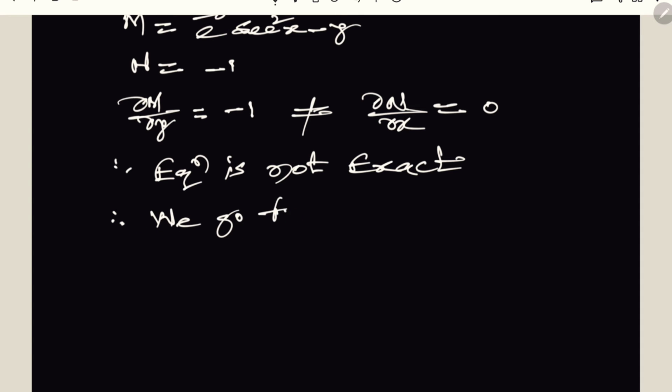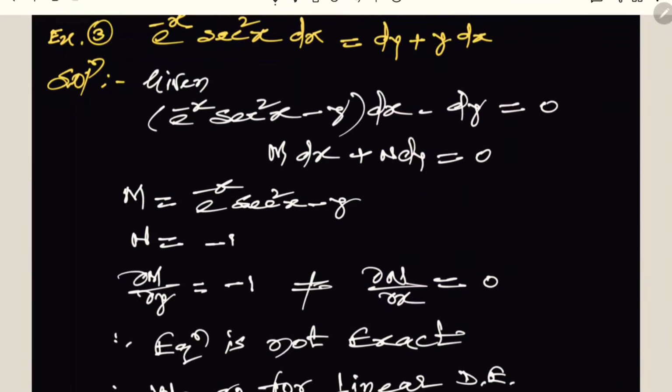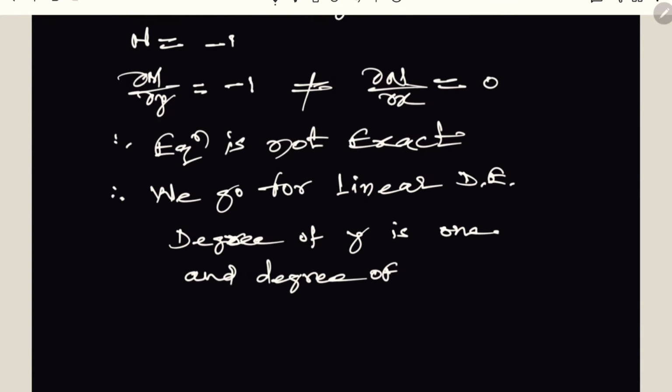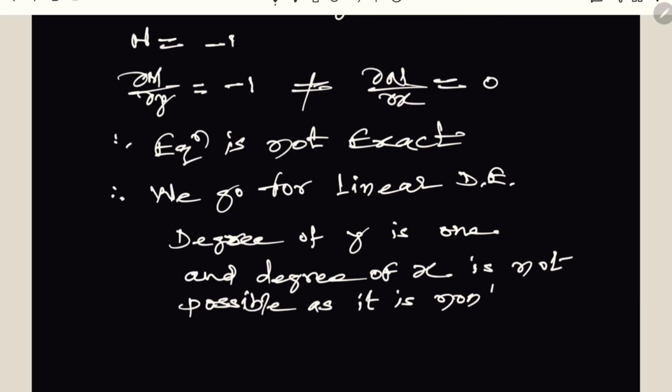As it is not exact, we have to check whether it is linear in x or linear in y. If we see the term of y, its degree is 1. Therefore, it may be linear in y. And the degree of x is not possible as it is a non-linear term. Therefore, as it is linear in y,